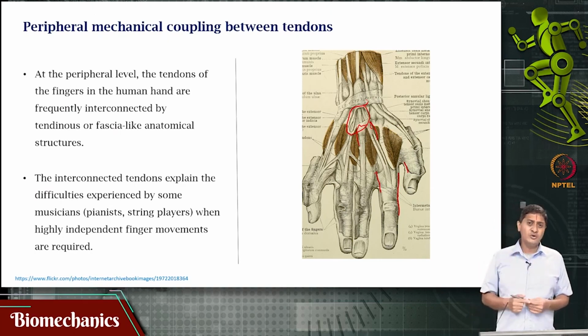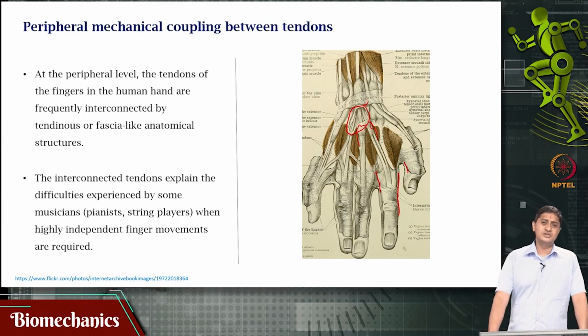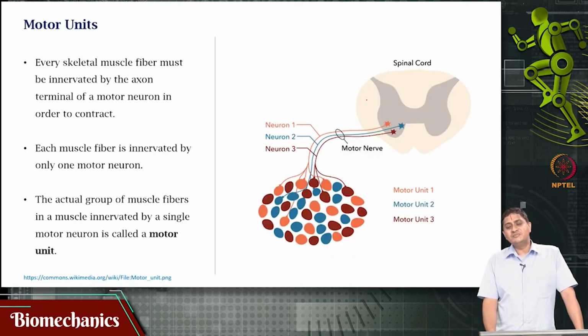So, all we know is that expert pianists and string musical instruments players do have a low level of enslavement or do have a high degree of finger independence. So, their finger movements and finger actions are relatively more independent than the rest of the typical population, something to keep in mind. The other possibility that we discussed is the possibility that motor units, multi-digit motor units,